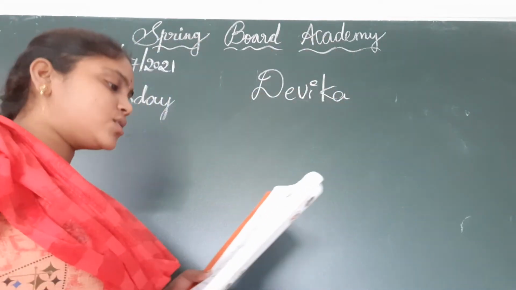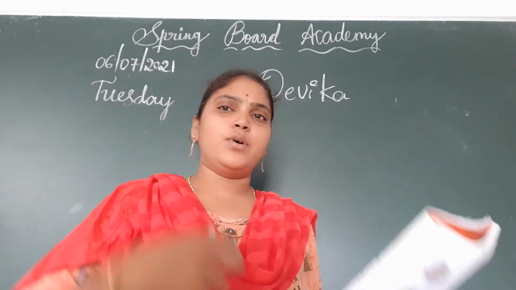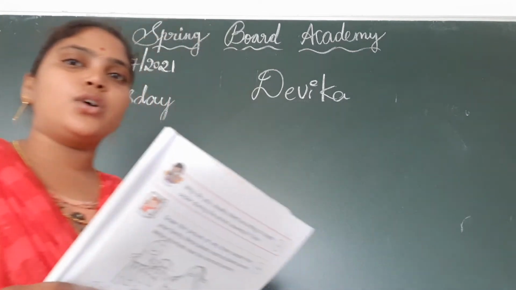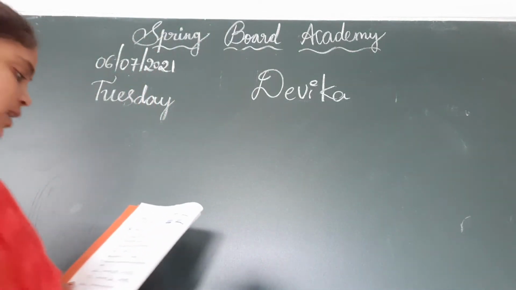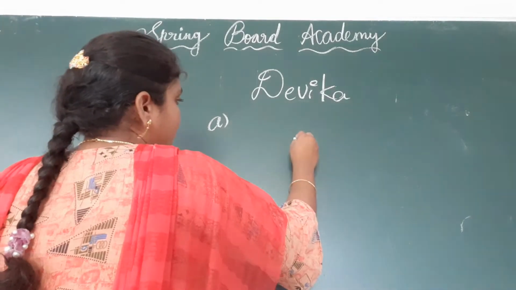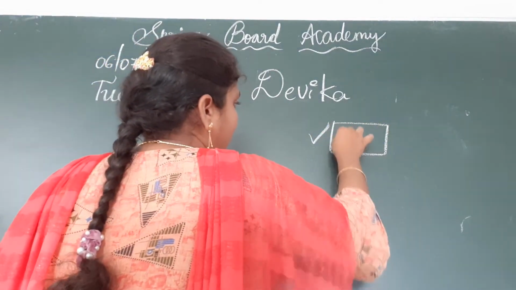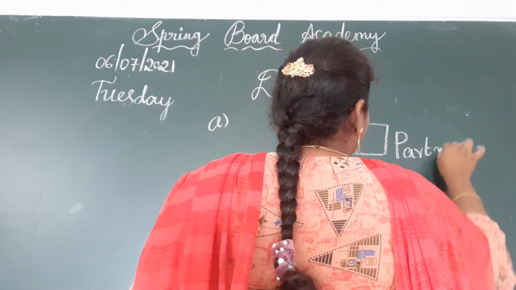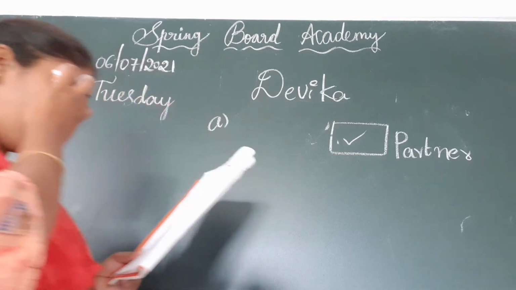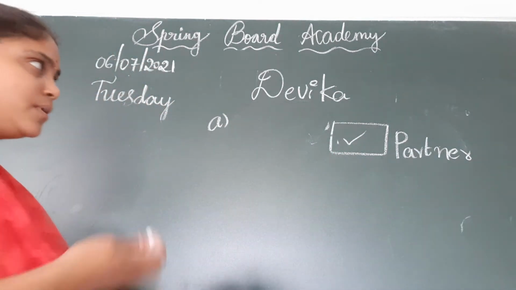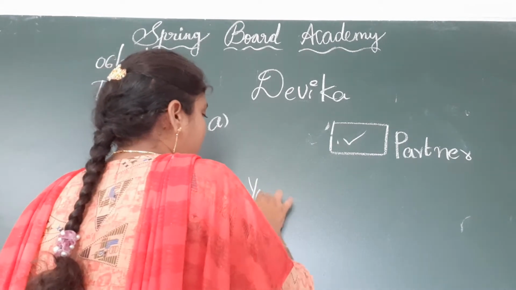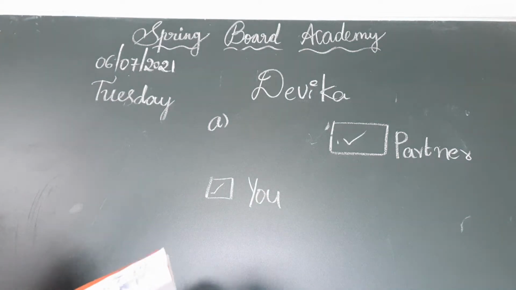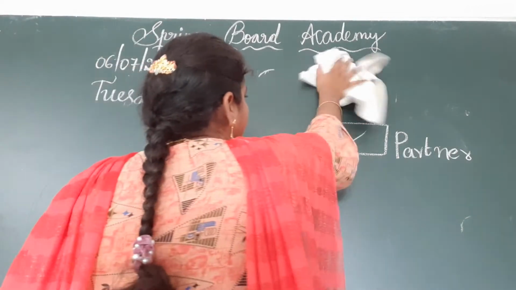Next, who is taller? Tick the correct box. So you have to write whether you are taller or your friend is taller. Yes, my friend is taller, children. So that's why I tick here, partner. Next, the second one: who is shorter? My friend is taller, which means I am shorter. Now here you have to tick me. Second one, next B. So now B you have to check, children.